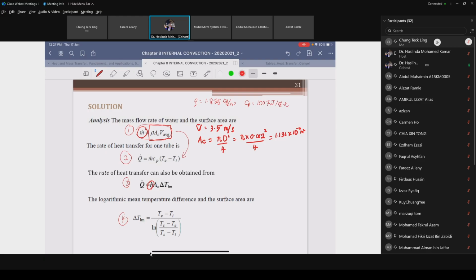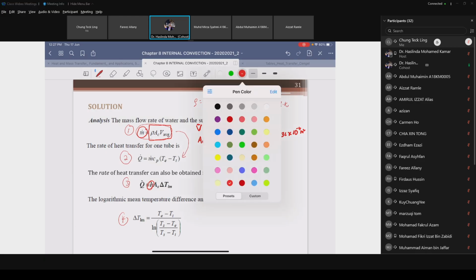So based on these two, you can determine the heat rate for one tube. Okay, saya tak kira lagi m dot, kita kena kira m dot dulu. So how to calculate m dot? So your m dot